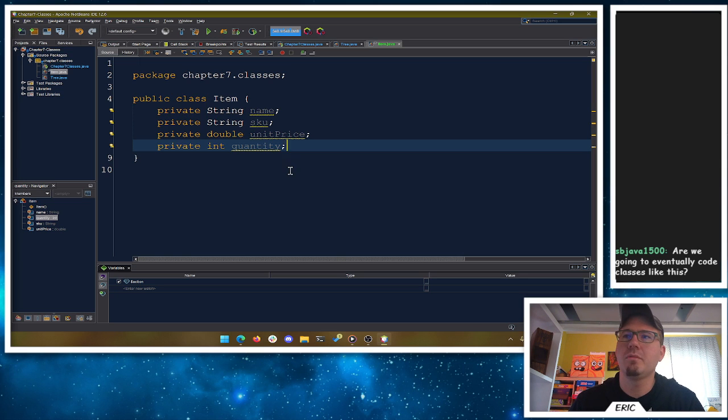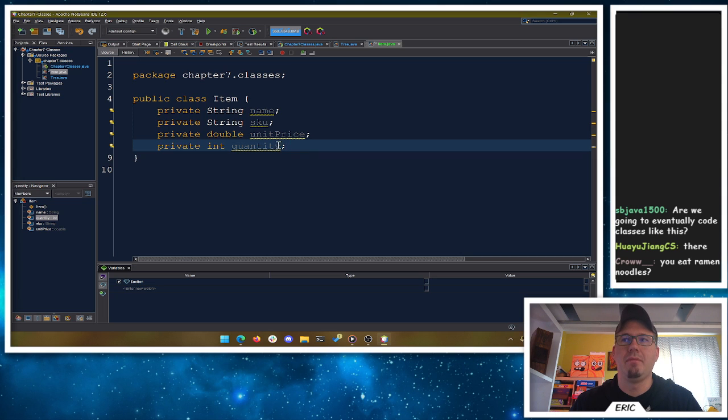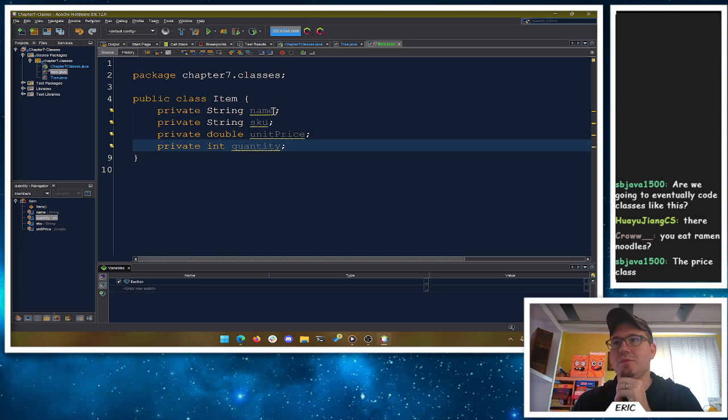SP Java classes like what? Well, so there's the cheap ramen noodles you can get at the store, or there's like the good ramen noodles, usually like restaurant quality ramen noodles. I'm talking about the cheap ones. Yeah, I mean, we're going to code all sorts of classes, for sure. All sorts of classes.